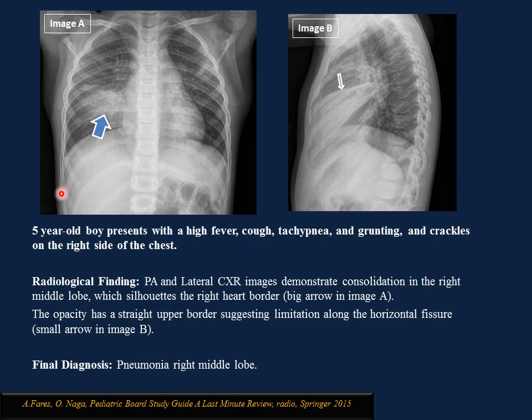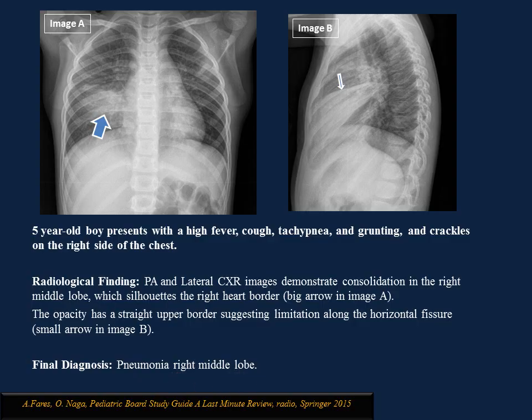This is a chest x-ray of a 5-year-old boy who presents with high fever, cough, tachypnea, grunting, and crackles on the right side of the chest. As you see here in the chest x-ray, there is a consolidation and infiltration in the right middle lobe, and also you can see it here on the lateral view, and this is a classic presentation of